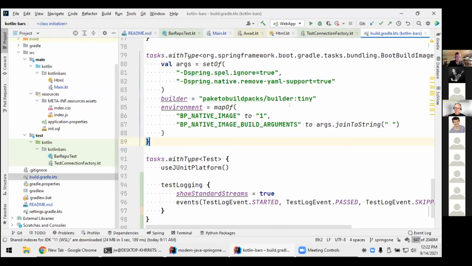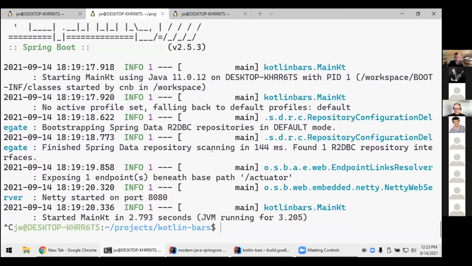And then we also tell it to use this tiny builder, and so we set BP_NATIVE_IMAGE to true, and then we can pass any arguments like ignore the Spring SpEL, was it Spring Expression Language or something like that. Don't put that support in, and other things. So we give it some configuration, but then the way that we do this is we run that same command,